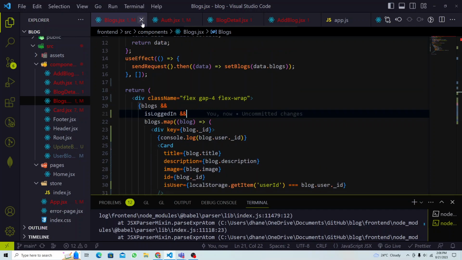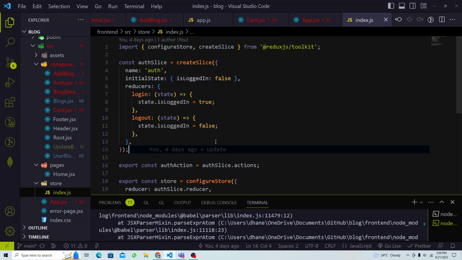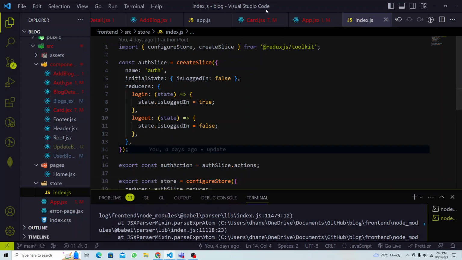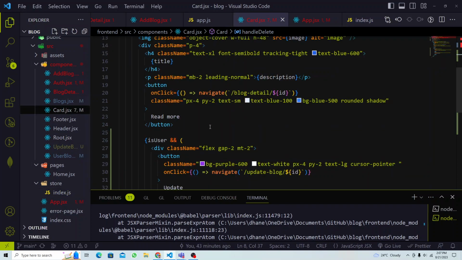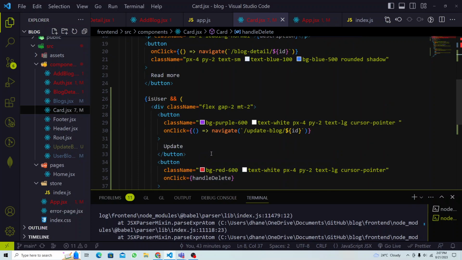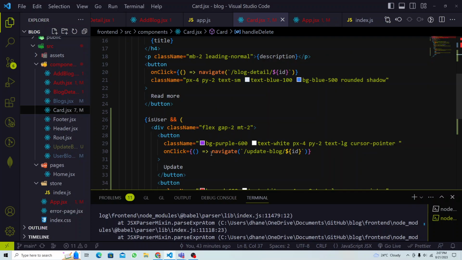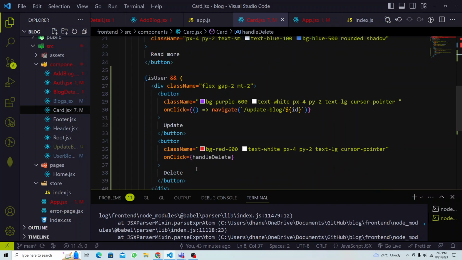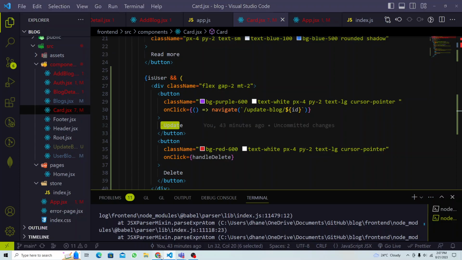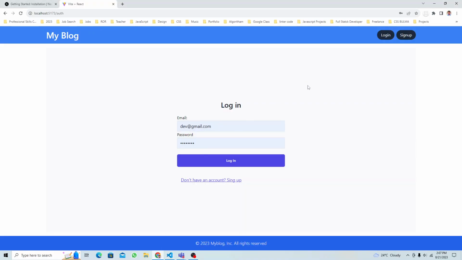Let me close this. What else can we do? Oh, okay, so now it is the delete and update, right? So we have a card, and that card has the buttons delete and update. So in what situation do you want to display the update and delete buttons? That's the question. Okay, in what situation? When someone is logged in, right,